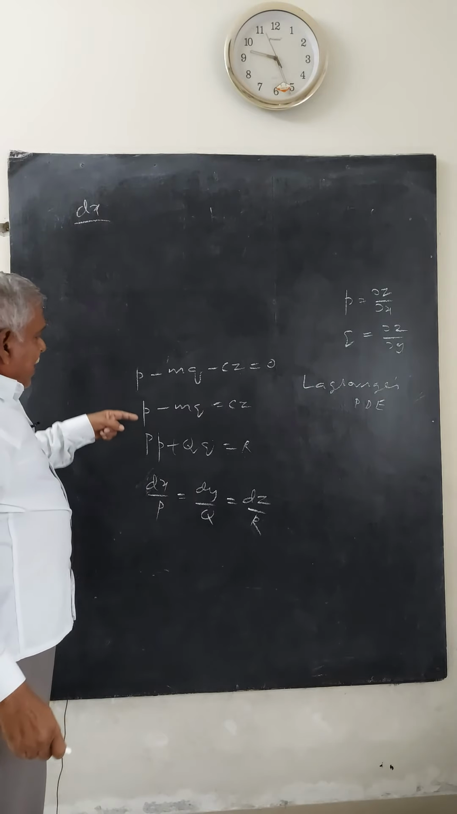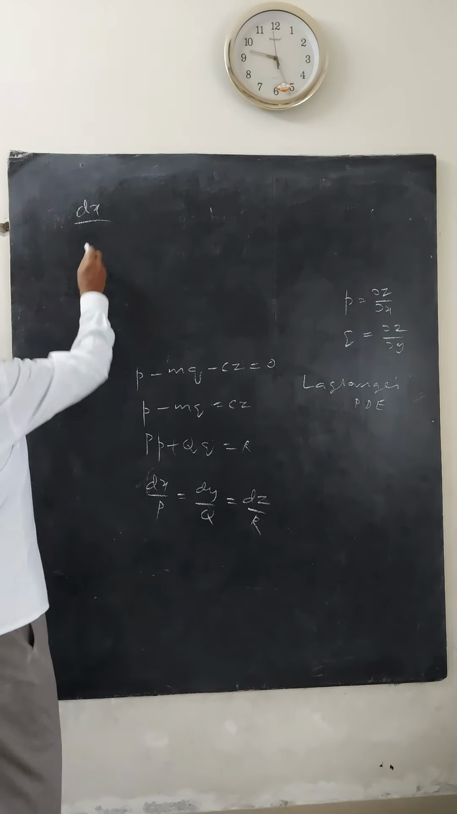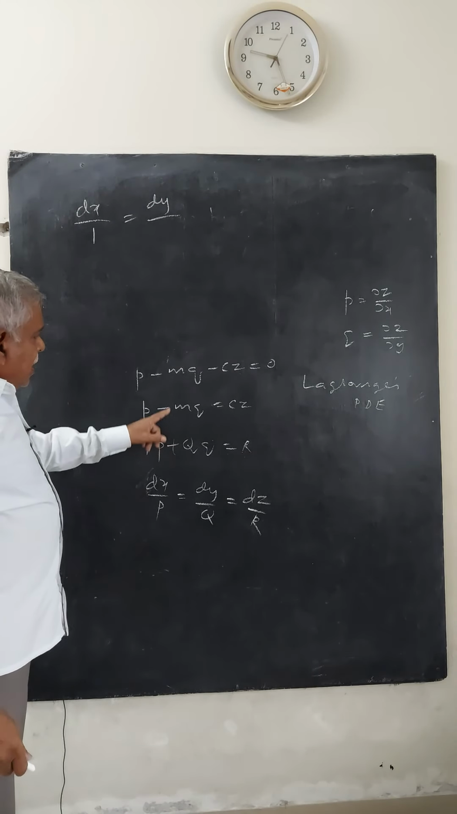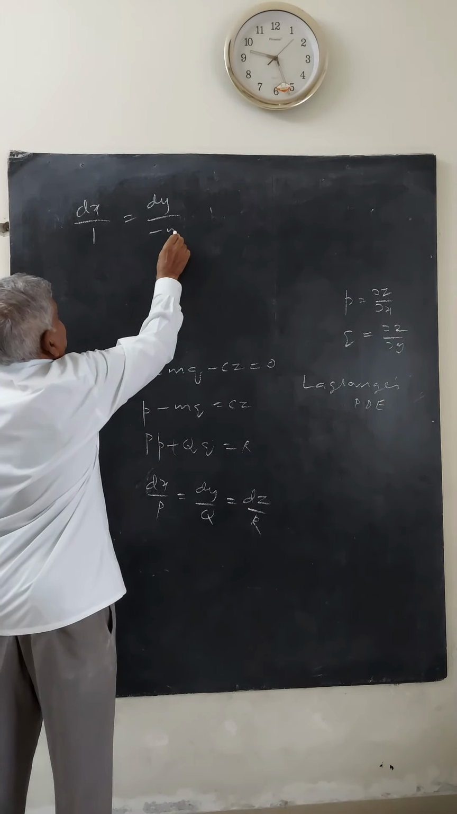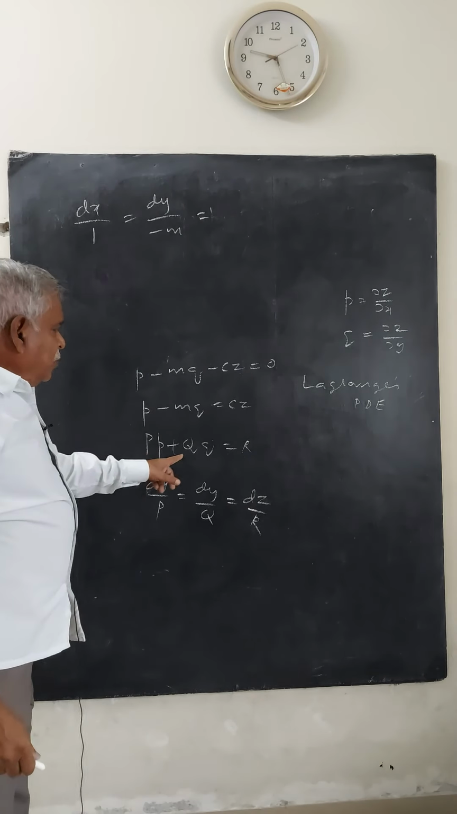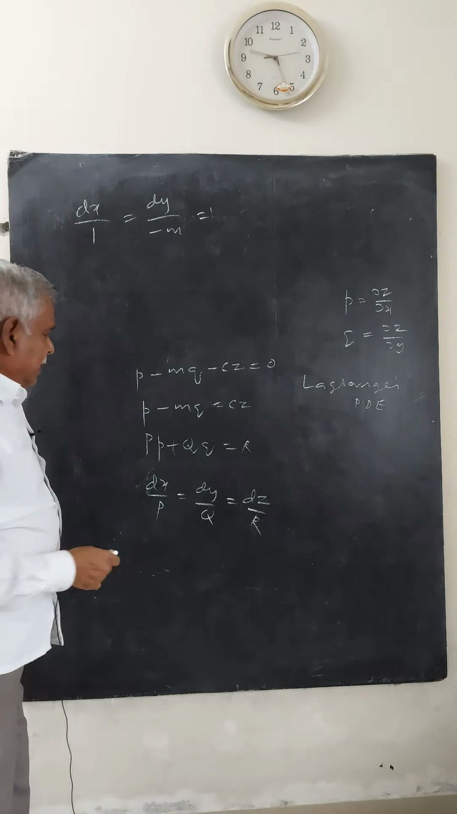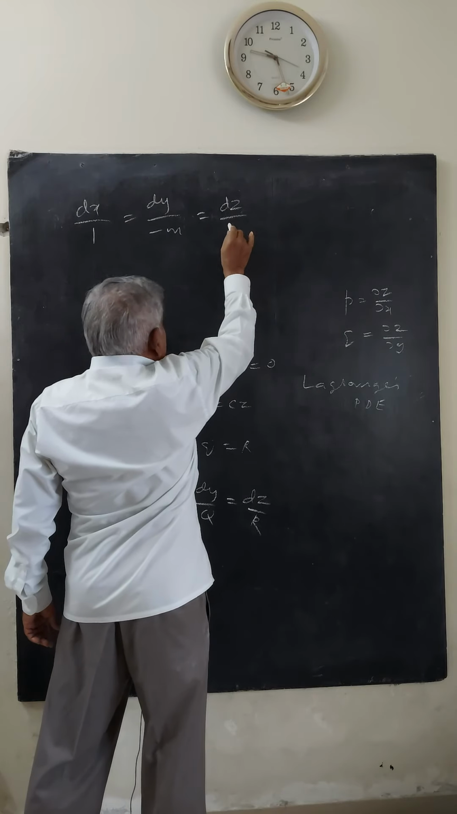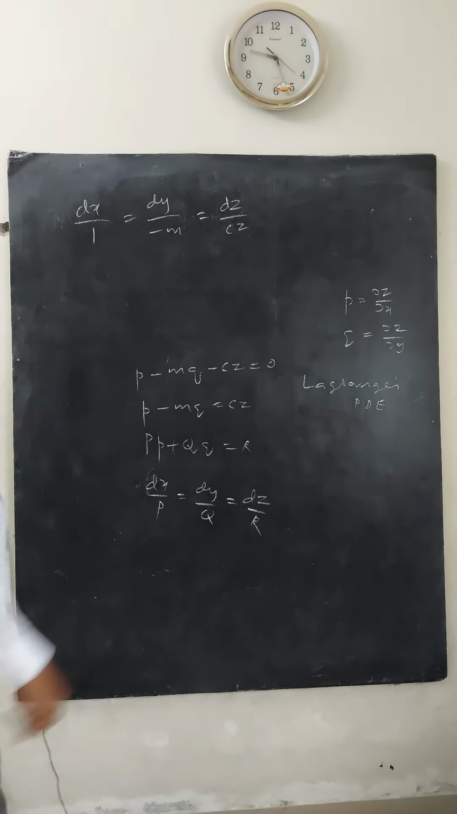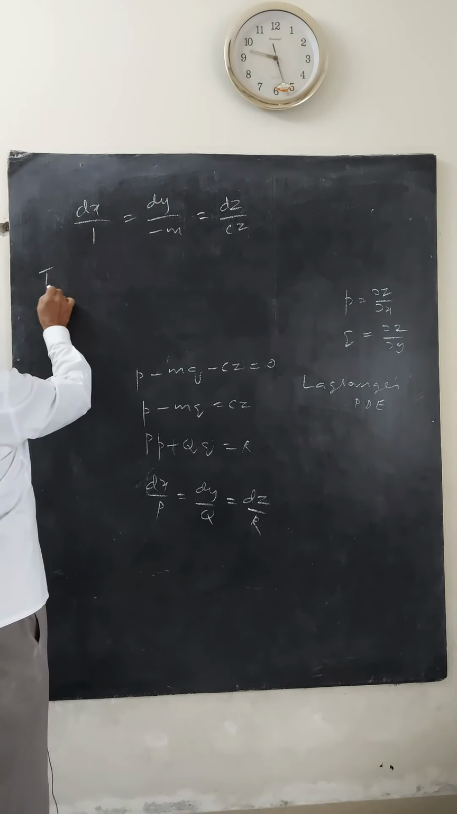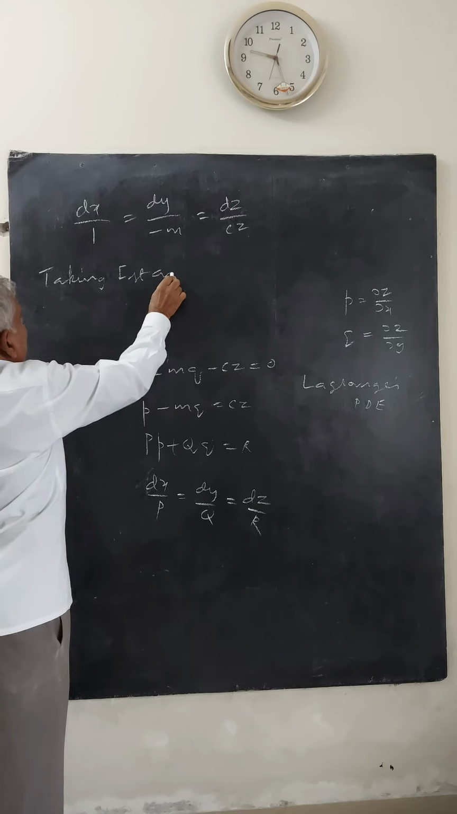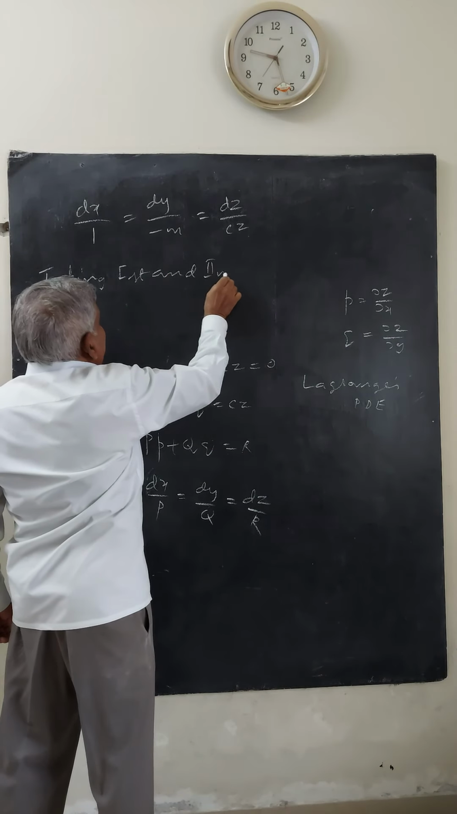dx, by comparing these two, capital P is 1. dy, by comparing these two, capital Q is minus m, where capital P, capital Q, capital R are functions of x, y, z. dz, capital R is cz. This is Lagrange's type of solving the sums, and taking first and second members,